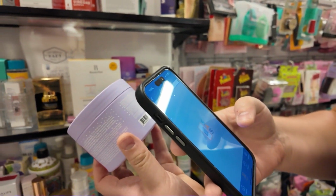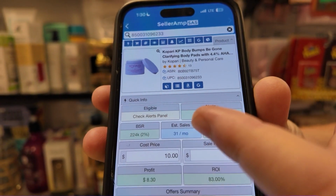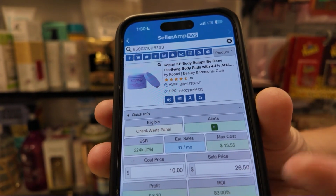which is definitely going to help us make some profit, because when I scan it with the SellerAmp app, we can see it's selling for 26 bucks on Amazon. It's not the fastest seller in the world, but it definitely does sell. And since we're buying it for 10 bucks, we almost double our money on this item,